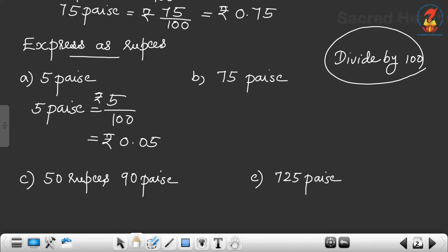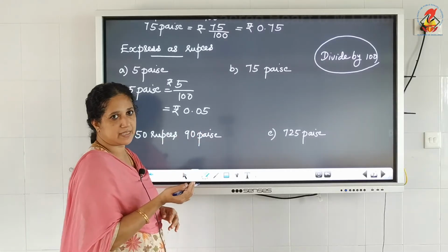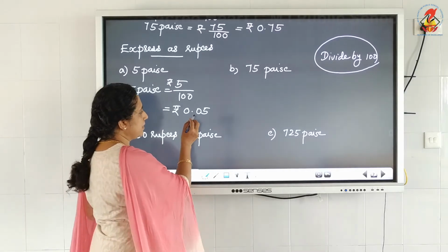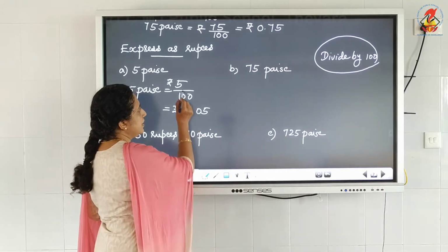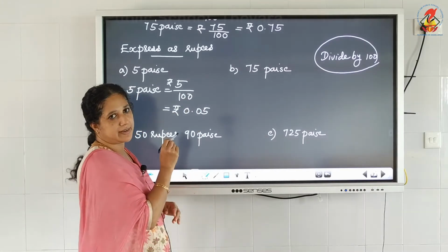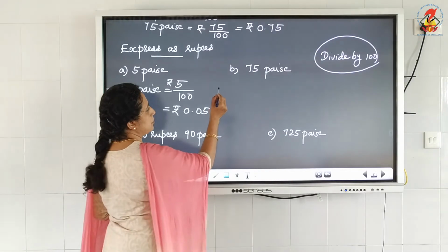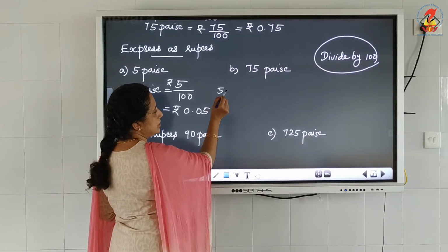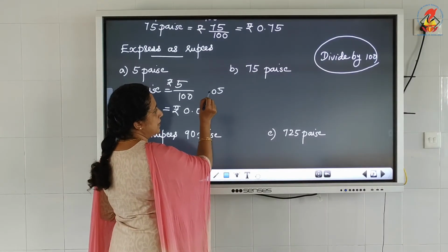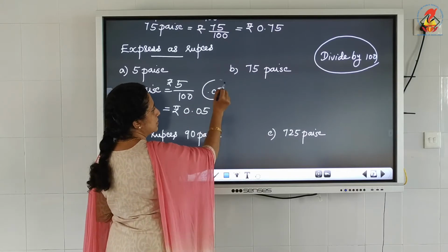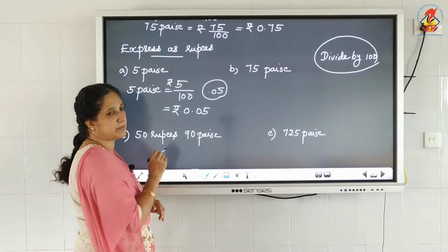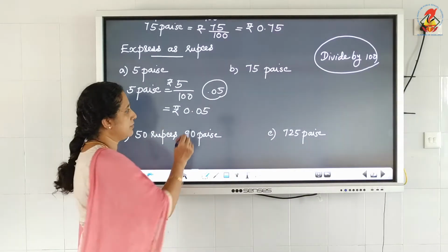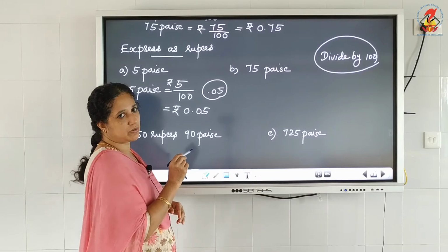So for division by 100, remember, count the number of zeros after 1, which is 2 zeros. So we have to get 2 decimal places in the decimal number, and we have to move 2 digits to the right, and after that put the decimal point. We have only 1 digit to move, so put a 0, then move it and put the decimal point. So the number will be 0.05. The whole number part is not present, therefore we put 0. Therefore the answer is rupees 0.05.